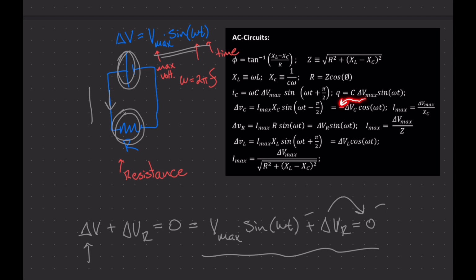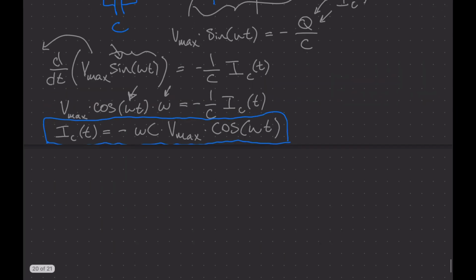You can actually see it used over here. See how there's a negative cosine omega t, and this is the voltage on the capacitor. What we derived, though, was the current. So let's take a look at this very quickly, and very, very interesting. Now, if you take a look at this first section here,